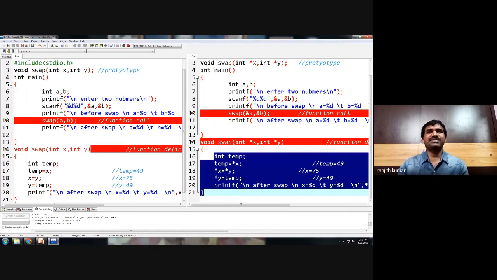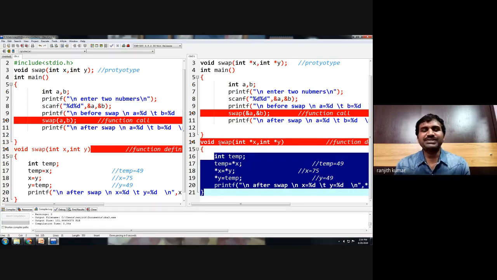So the difference between these two programs is first program values are passed, second program address are passed. Both have separate copy of memory in first program. In the second program, both will share a common memory. Using an address of a memory, they are trying to access the data from both the functions.